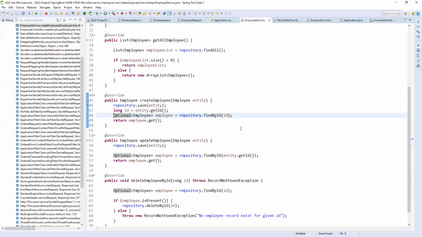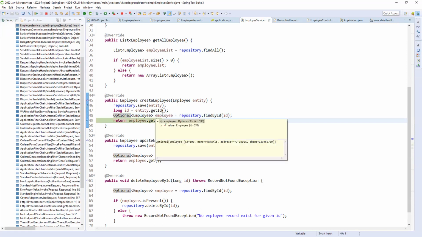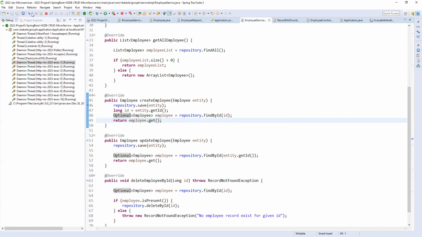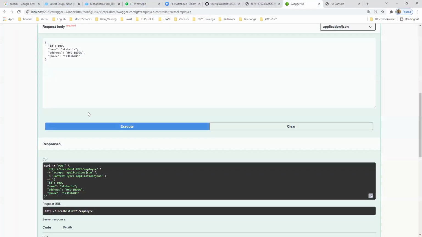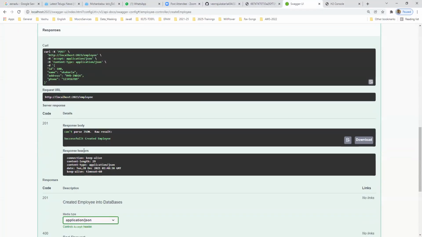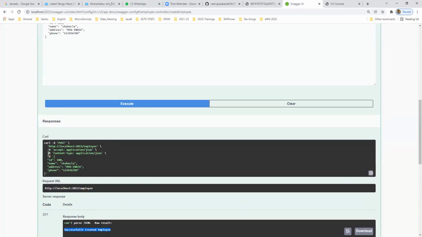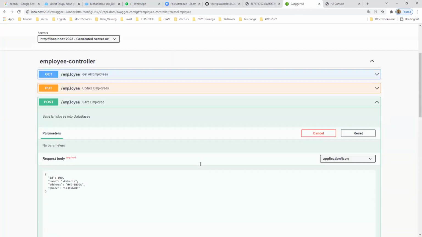No issue. So we are getting a record and we are passing it here, and I'm disabling. If you come here, whatever you are getting successfully, see the message in our controller. We are not sending a response, we are just simply sending a string message. That is the reason we are getting this here. In the address it is passing, but we are not taking it in the controller. That's fine, no issue.